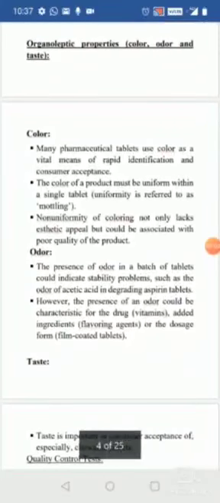Coming to the odor, it will be characteristic for a few tablets. Like the vitamin, it has a characteristic odor. If we add any flavoring agents, then it is going to give you a different flavor. When coming to the coated tablets, the coat film is going to give you various odors or flavors. However, it may be the characteristic odor of the tablet.